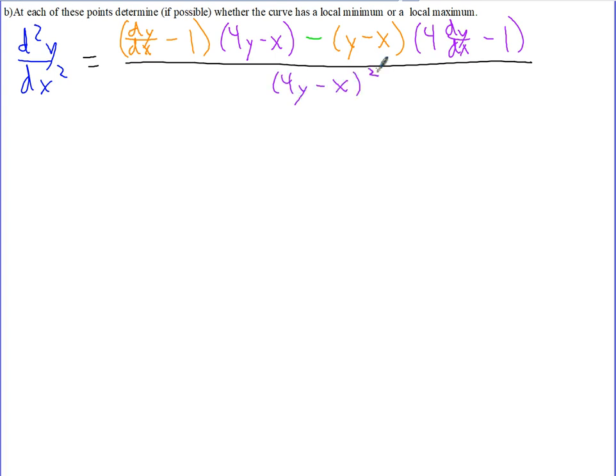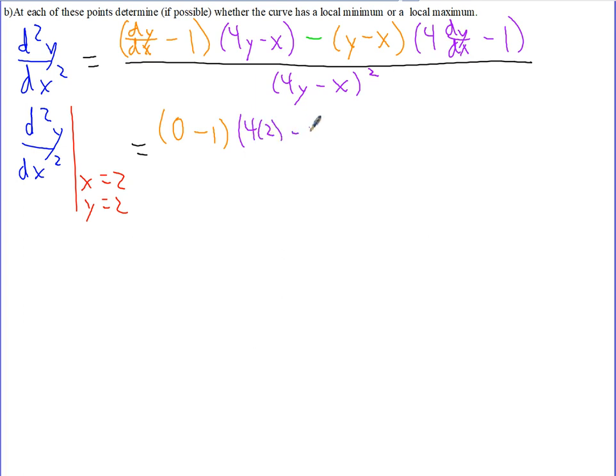And normally, if you had to get this in terms of x and y, we'd have to substitute the first derivative of dy/dx. But remember, we don't have to do that here because all we're concerned with is whether these 2 points make the second derivative either positive or negative. So we can actually just substitute in right away. All right, so let's substitute in the point (2, 2). Now, one of the reasons why we don't have to substitute in dy/dx is that we already know this point makes the first derivative 0, so that'd just be 0 minus 1. And then we can substitute in here 4 times y, which is 2, minus x, which is 2,